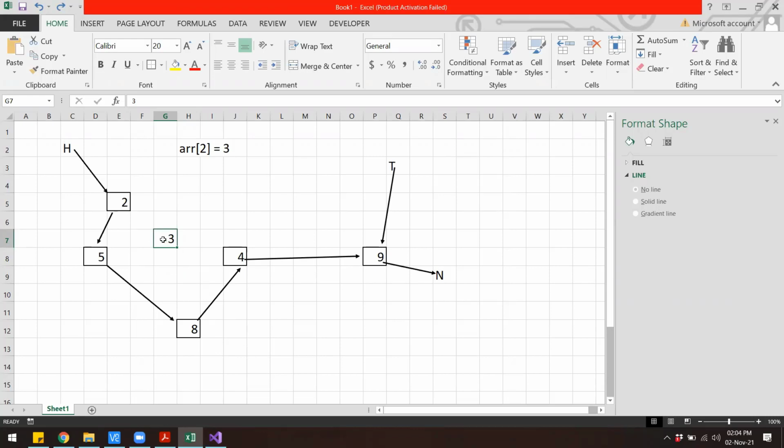So this node should go after node 8. So we will have 2, 5, 8, and then 3. So 3 will be at position number 4. So I want to add the node at position number 4.